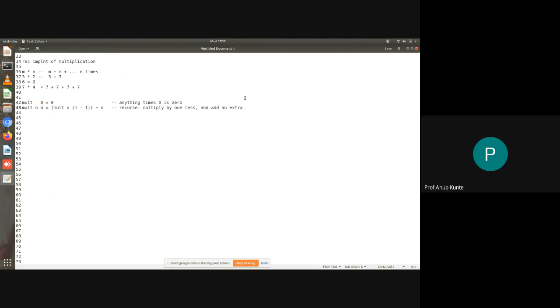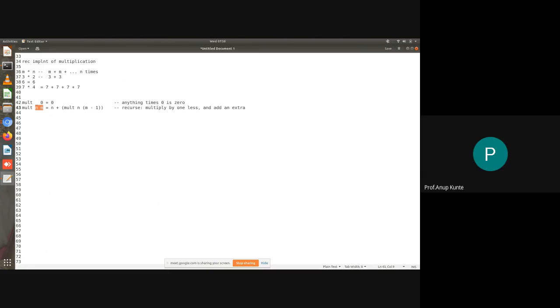The other thing that I need to do is write this. The way I've written it is actually a bit non-obvious. That is why I'm writing it in this reverse manner. I'll tell you why I did that later. Now this second definition is multiplication of n and m. I have two numbers n and m, and I'm multiplying them together. This pattern will be reached whenever m is not 0. So there are two inputs n and m. Okay, why n and m?